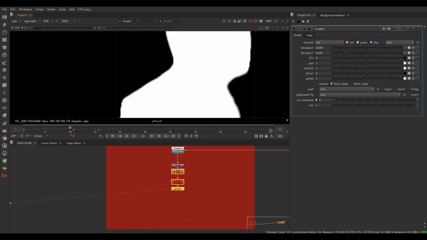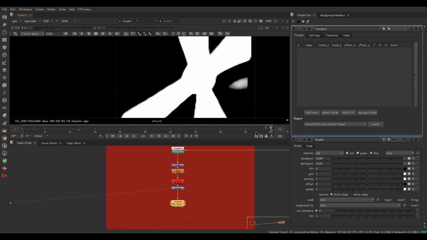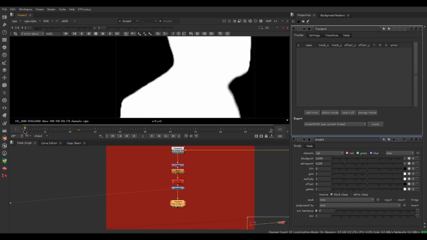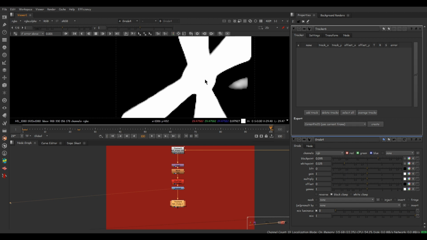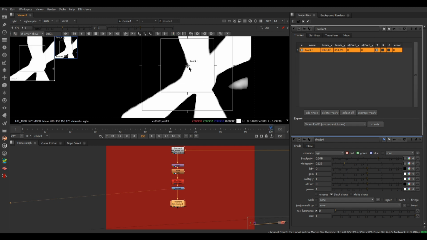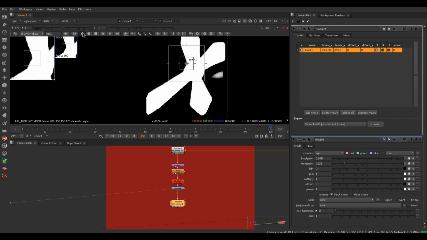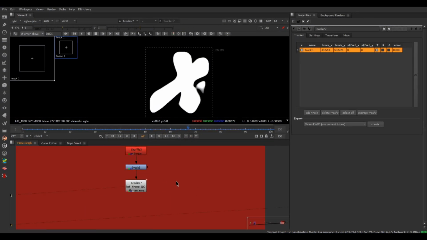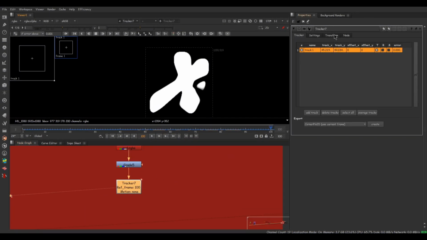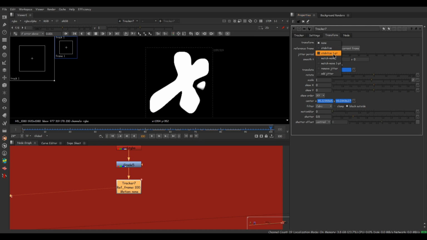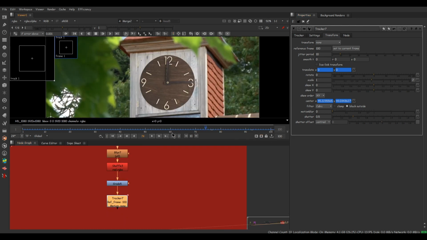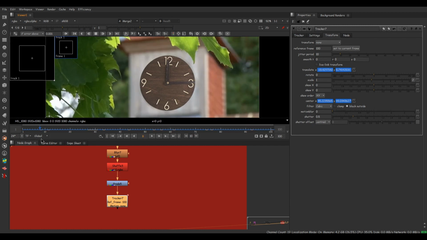Now we can easily track the pixel movement happening here with the tracker. Come back to the grade node and let's create a tracker node. I'm dropping a tracker here. Let's make the search area a little small. I'm going to track now. So here I have the tracking data. If you check here, you can see that. And I kept the transform property as none because it doesn't matter. So now we have to use these transform values to mimic as a defocus animation similar to that in input.